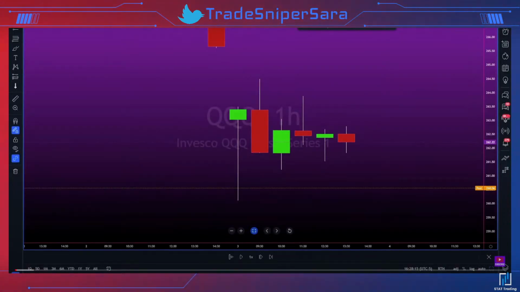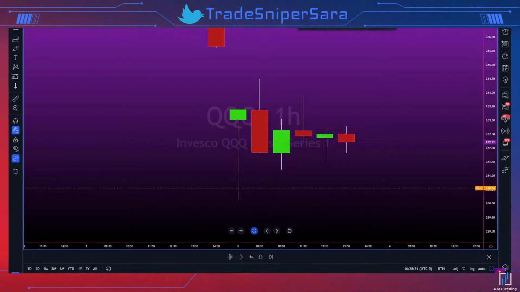Welcome to lesson 8 of the Stratucation course. Since we just covered broadening formations, we are going to cover tightening ranges, which is the opposite of a broadening formation. So when we talked about broadening formations, we discovered that they have higher highs and lower lows, and price is expanding. And when you're learning price action, it's important to recognize what kind of price action you're trading, because the